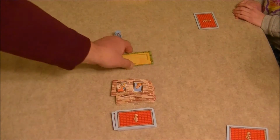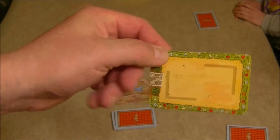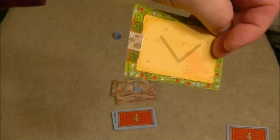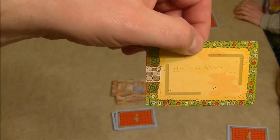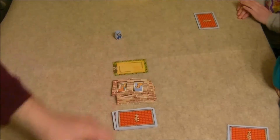and depending upon your skill level, you can either place it here on the easy side or the expert side here. And as you can see, this marking here is going to be the outline of where we need to place our wall cards before we can place the next roof card. So